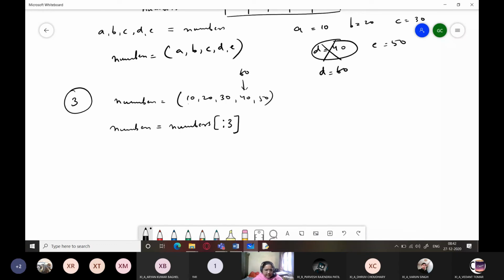So what it is, the first slice is going to be what? These values 0, 1, 2, 3 and 4, because the stop index is 3, so it is going to accept values from 0 to 2, which is going to be my first half, plus (60,), because I'm concatenating a tuple slice with a tuple object. I can only concatenate a tuple slice with another tuple object, so I have provided it this way, plus again the rest of numbers, whatever was left after 3, that is 4.